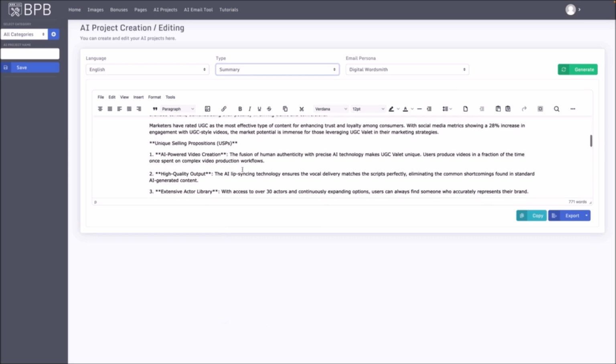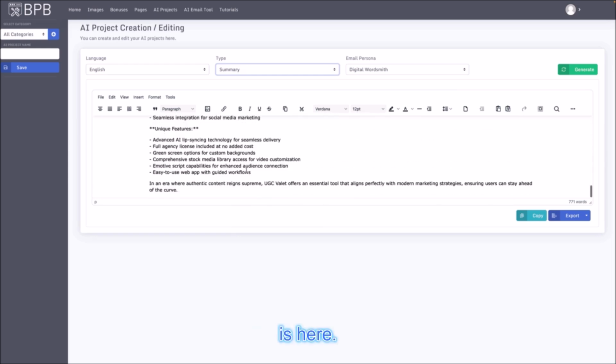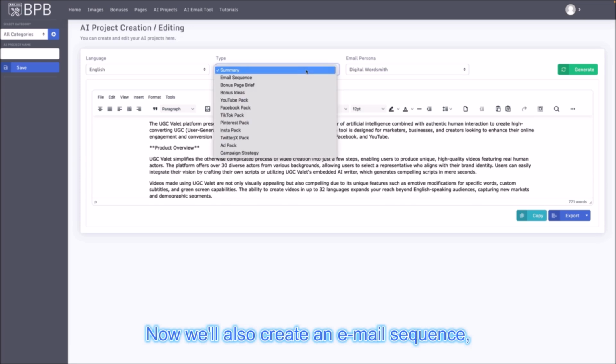As you can see, the full summary is here now. We'll also create an email sequence, a bonus page brief. So the bonus page brief, it'll give you things like headlines, subheadlines, text. So the bonus page, bonus ideas, YouTube pack, Facebook pack, TikTok pack, Pinterest pack, Insta pack, X pack, ad pack,